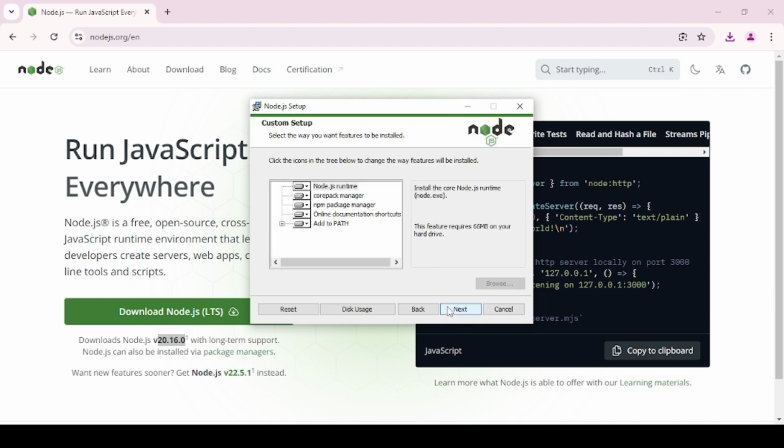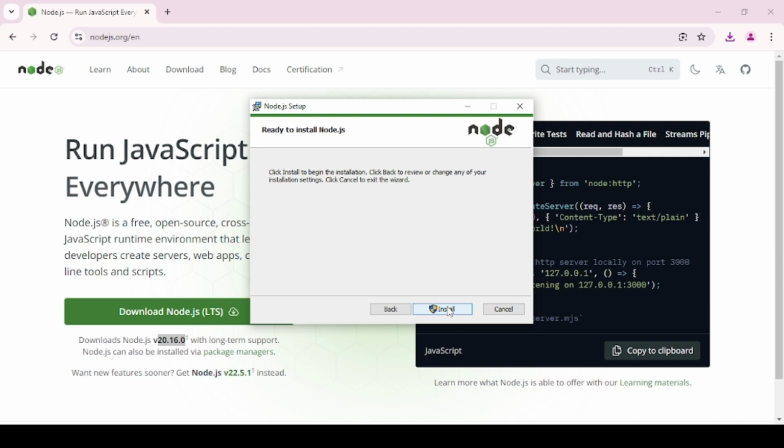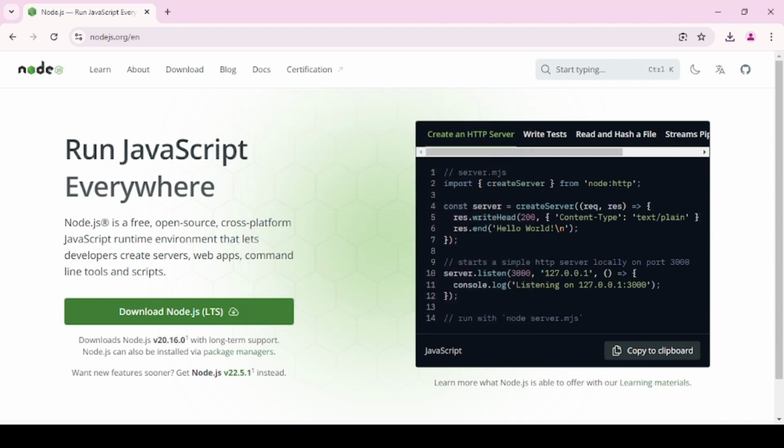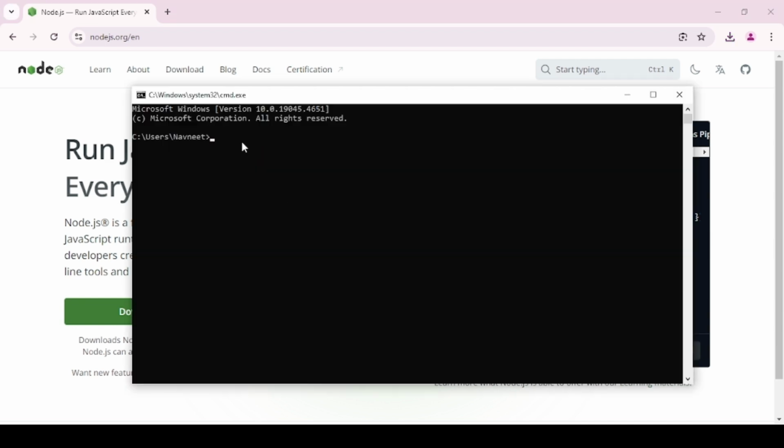Click on next, next, and next again, and then install. You might have to wait for a few seconds or minutes till this gets installed. Once the setup has been installed, you can open command prompt and write node space -v in order to check the version. So you can see that version 20.16 has been installed.